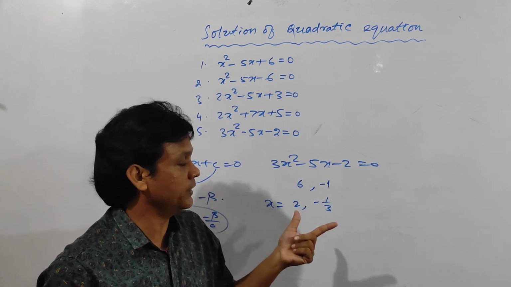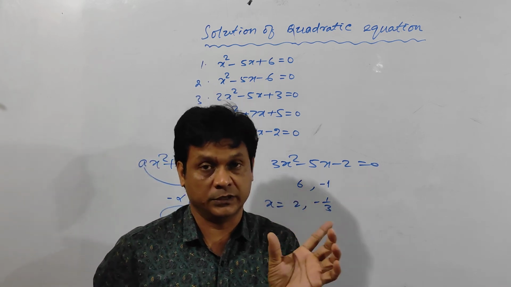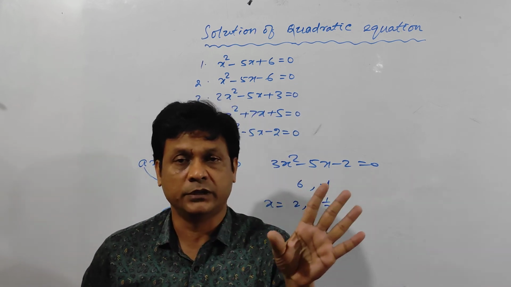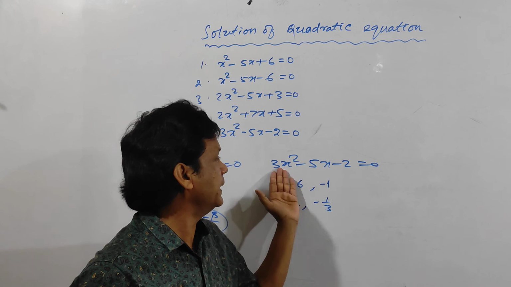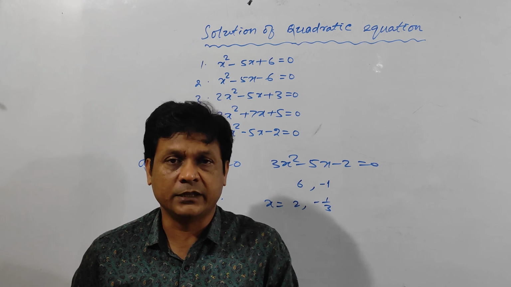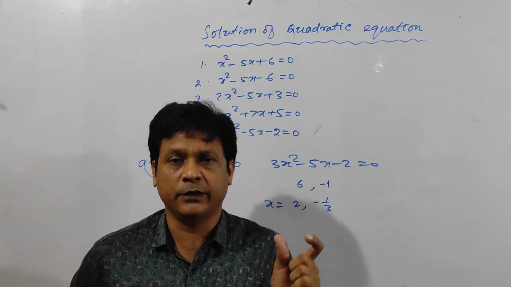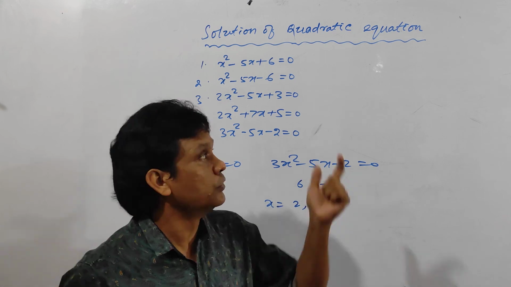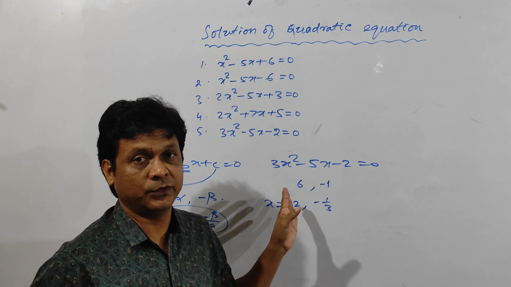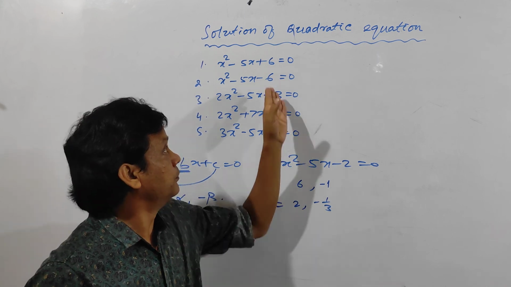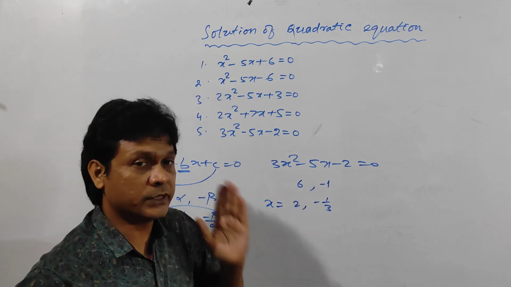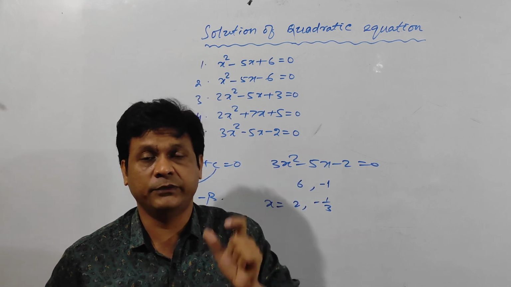Clear? And in competitive examinations, you should not face very large numbers, like 23, 24, 48, 49, 72, 70. Like this, you should not face. You will face approximately one digit numbers. These three numbers will be one digit. Or if it will be two digit, then very small numbers, 12, 11, 10, like this. Okay, so you can do like this. It will be very helpful. Okay, and do some problems, 10 to 15 problems, so that you will see how it will be easy and time saving. Okay.